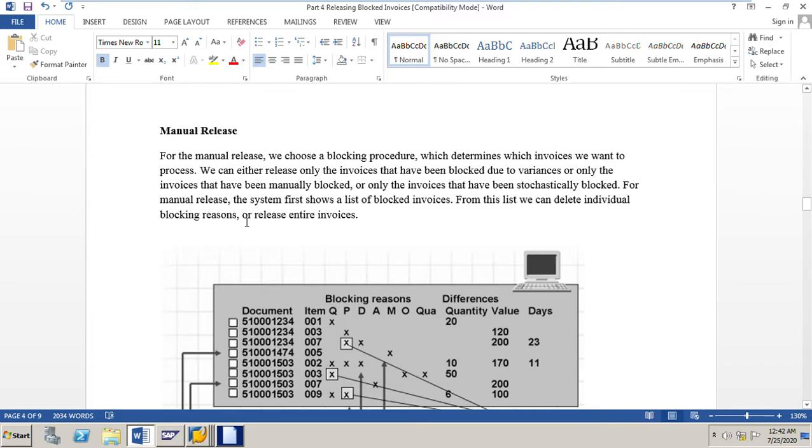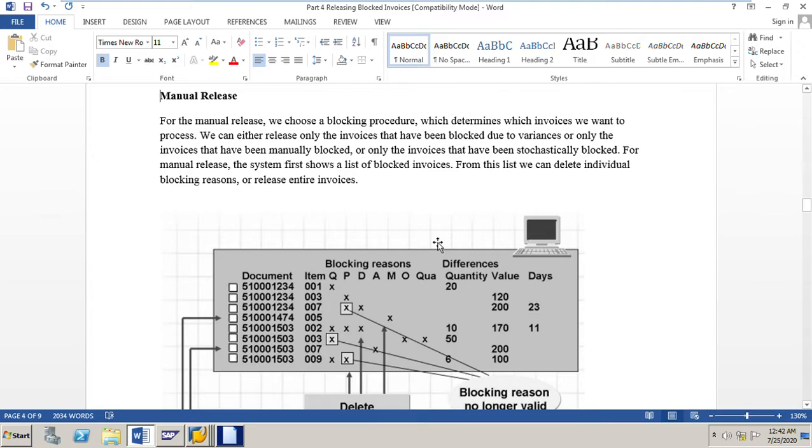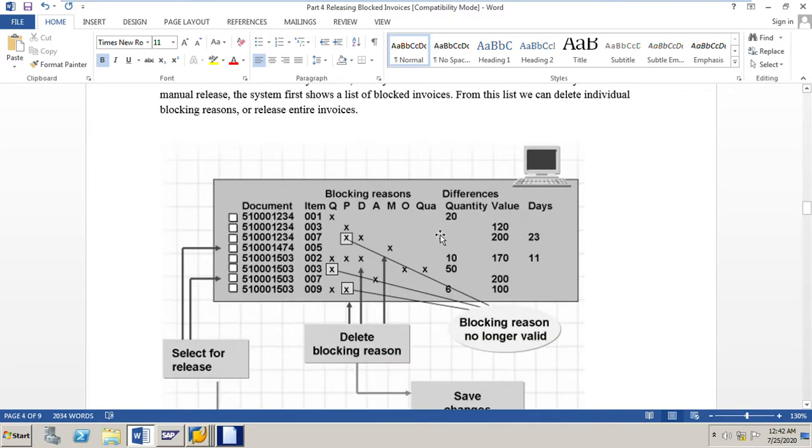For manual release, the system first shows a list of blocked invoices. From this list, we can delete individual blocking reasons or release the entire invoices. Once we go to MRBR transaction code and put some selection parameters like company code, fiscal year, vendor, and select manual release, then due to variances, whatever it is, then if we execute, the system will display the list of the invoices which are having blocking reasons.